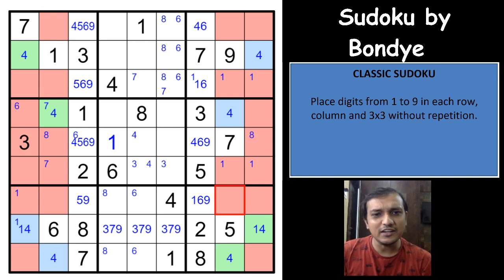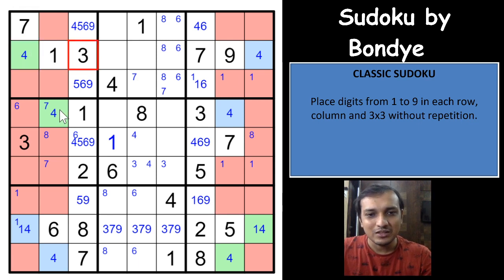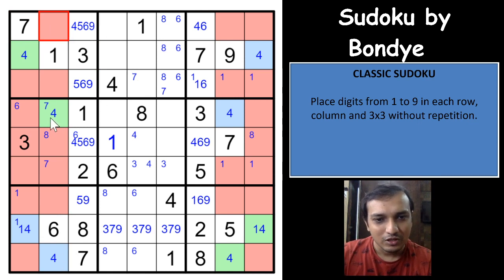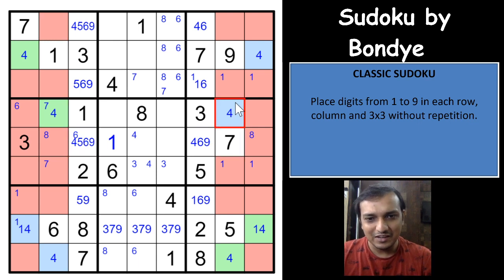That's an excellent intended path. I am sure this has to be the intended solve path. What an excellent start to this Sudoku. This is what a handcrafted Sudoku is all about, guys. That beauty you can't have in a computer generated Sudoku. I am 100% sure this was a pure handcrafted Sudoku, because the way it has been constructed is purely intended. See the 4s, and because of one X-wing of 4, you eliminate a few more places and you get another X-wing of 4. Excellent. And that should be helpful because you have a 4 in these 2 cells in this box, you have a 4 in these 2 cells in this box, and which means that